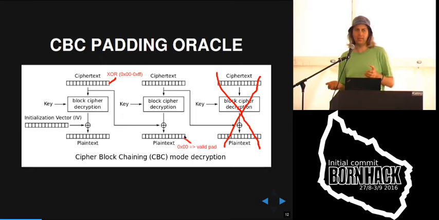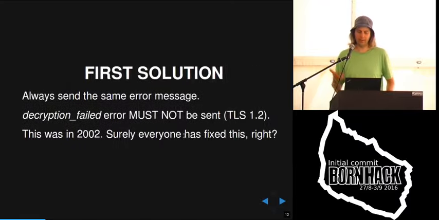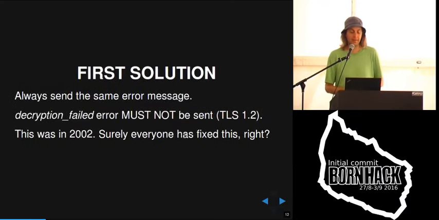And then you can basically do the same for the next byte and try a padding with 2 bytes, and for the next byte, and so on. And by that, with several connections, you need on average 128 connections for each byte to decrypt it. So that's bad. The attacker can decrypt data.